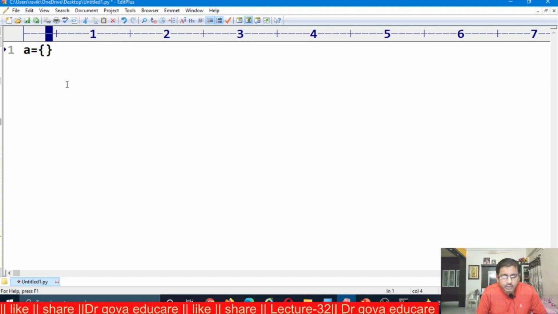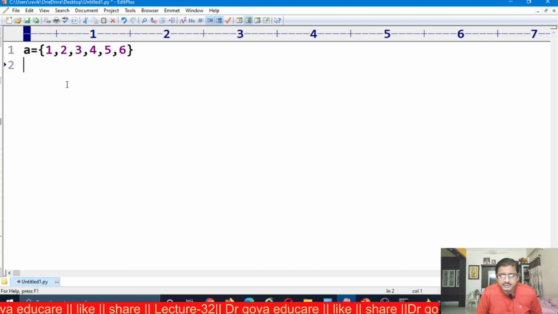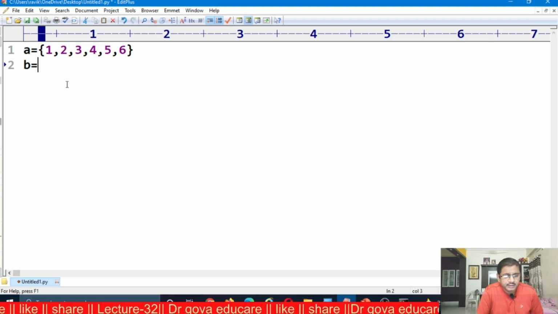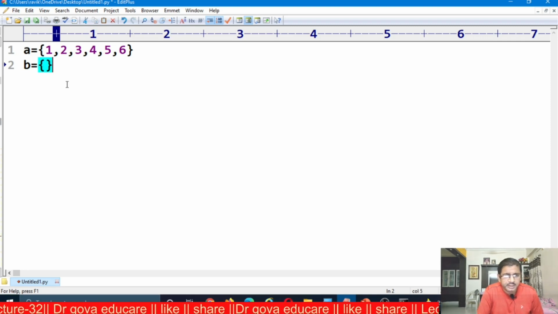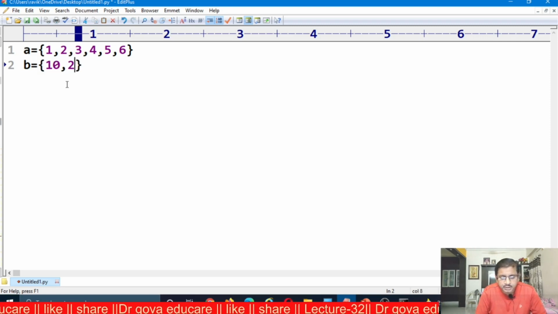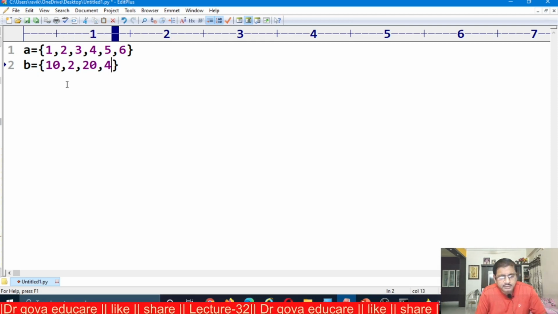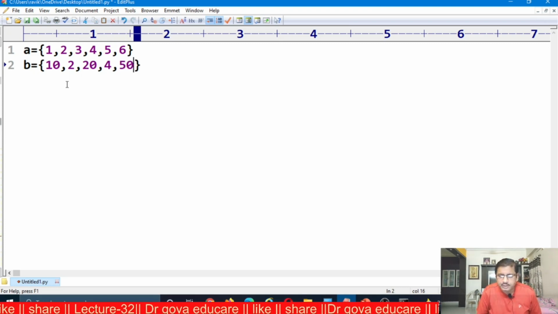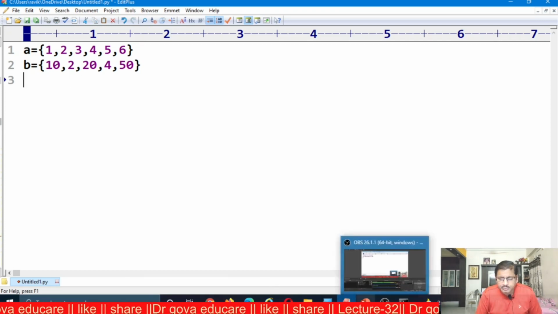Now this is the set A. A contains 1, 2, 3, 4, 5, 6, and set B contains 10, 2, 20, 4, 50, and so on. I want to find the set difference update method.